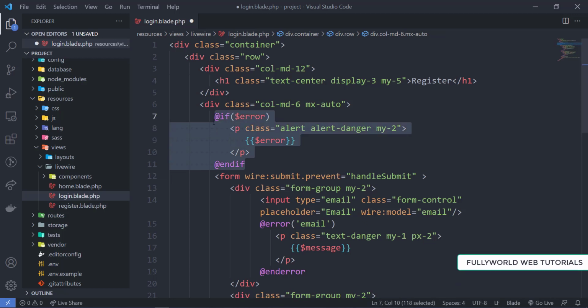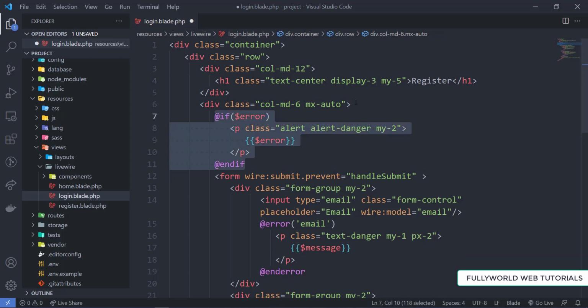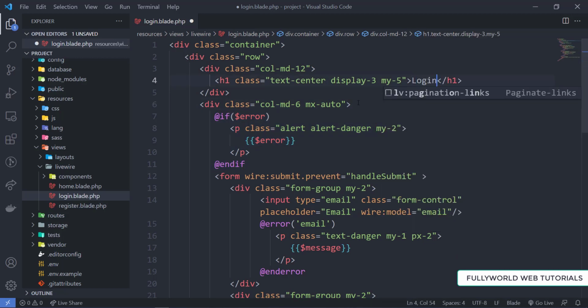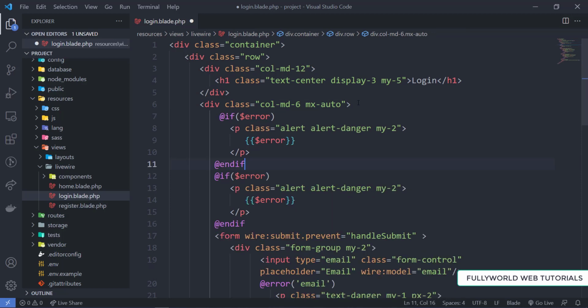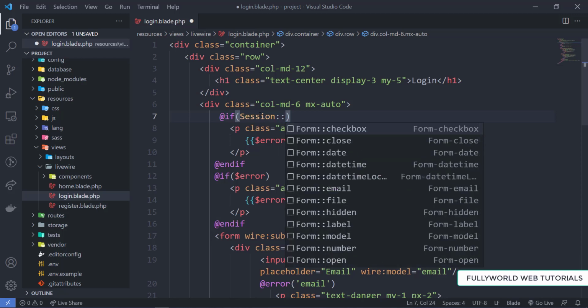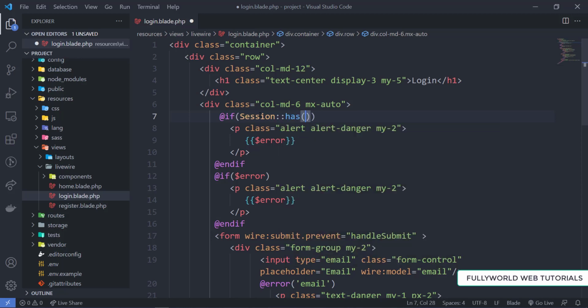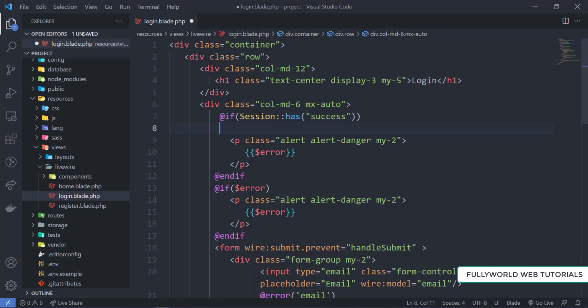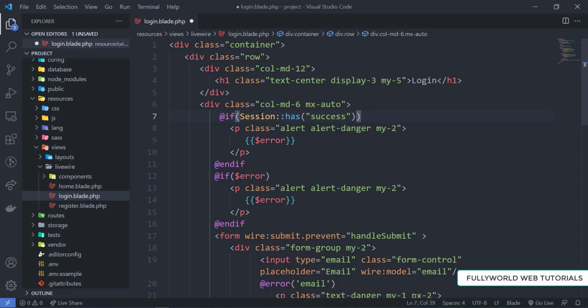Now I'm going to copy this, and here we are going to write login. I'm going to paste one more thing here. Here I'm printing session has success. That message that we are going to show will be the success session, stored in the session message, and we will check here.